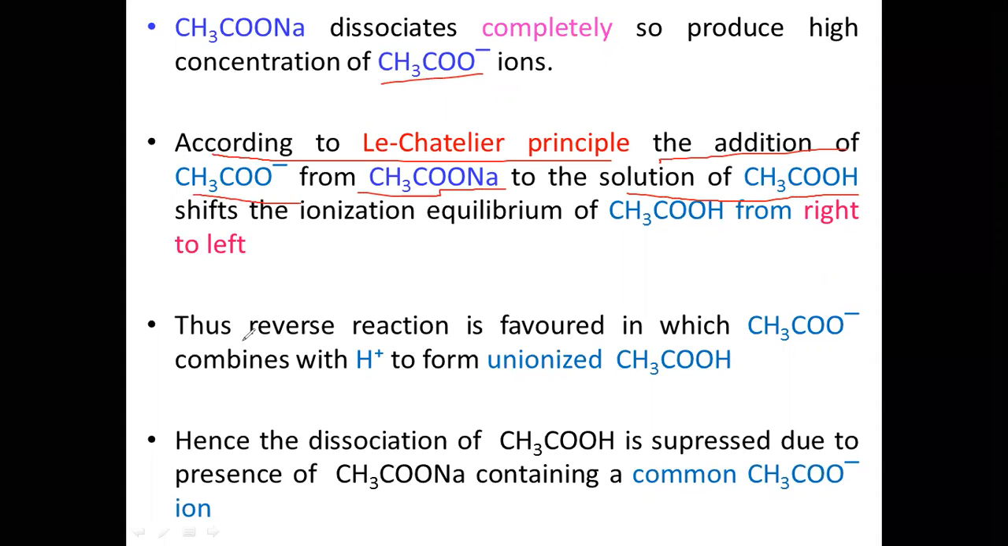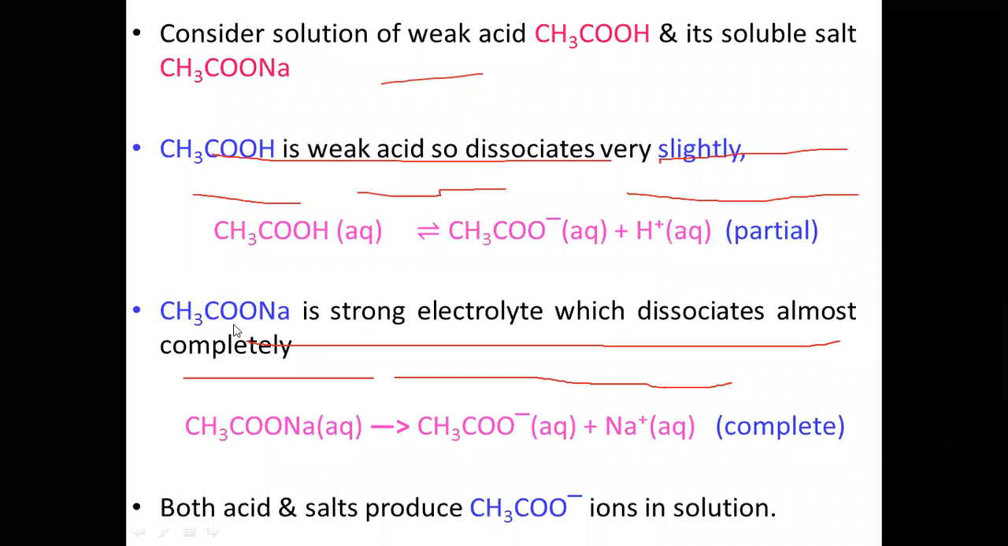From right to left. Thus, the reverse reaction is favored in which acetate anion combines with the H plus ion to form unionized acetic acid. अब ये कैसा? See, in this reaction,